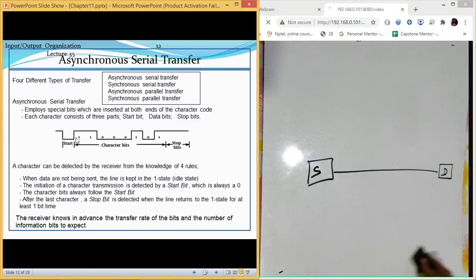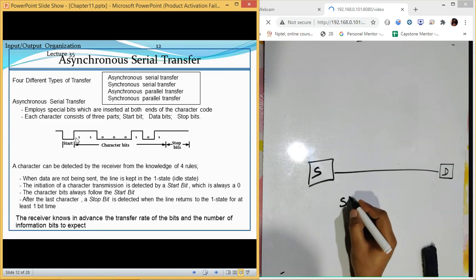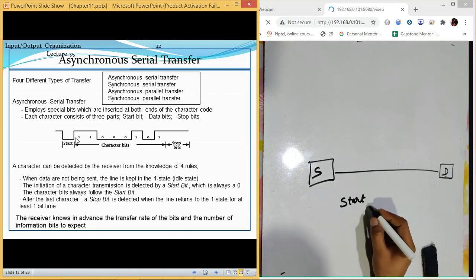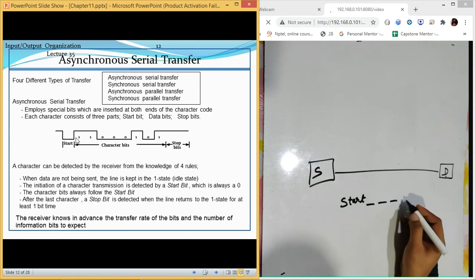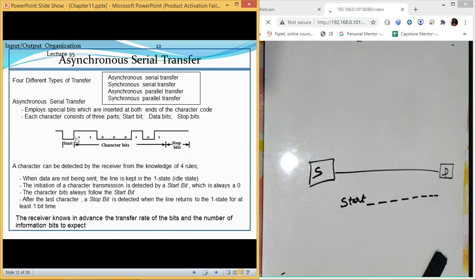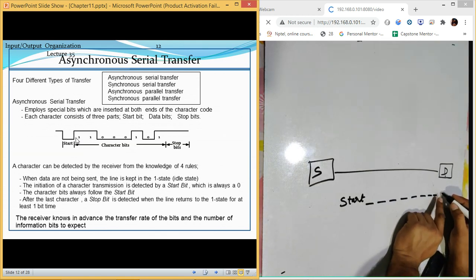Once the start bit is detected, the destination already knows that it has to accept 8 more bits, and after those 8 bits, the next value is the stop bit, and that stop bit will definitely be 1.